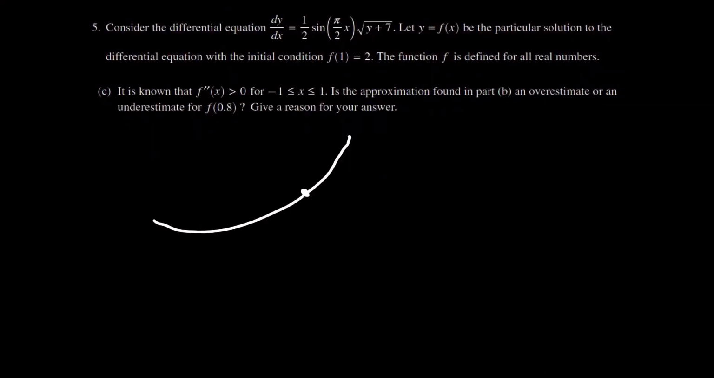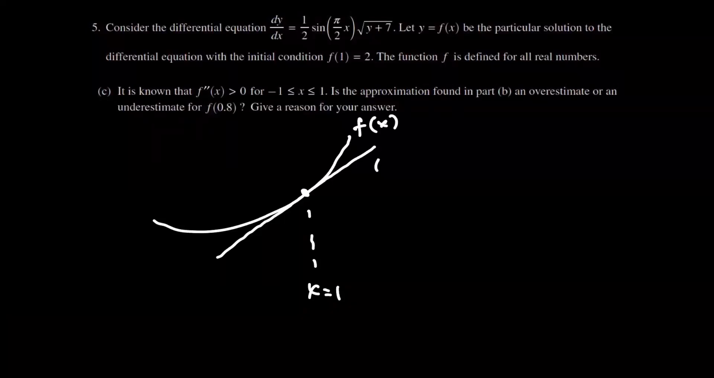So because it's concave up, the first derivative is increasing. And let's say this is point x equals 1. And then we can see that the tangent line lies underneath the curve. This is f of x, and this is the tangent line